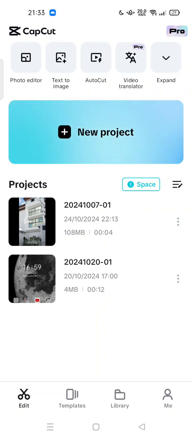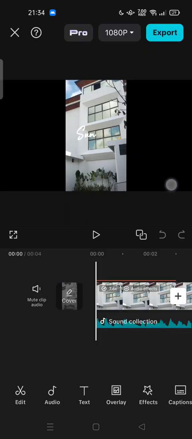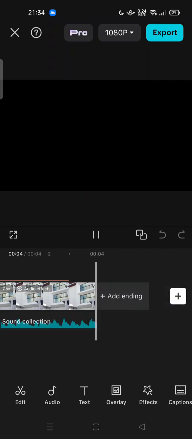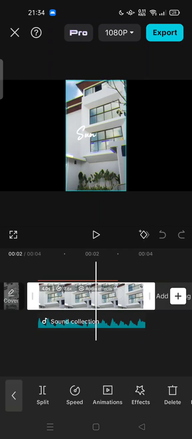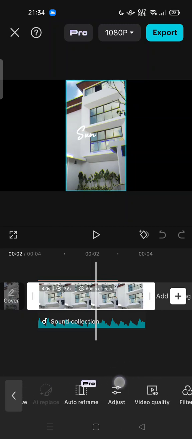There are a PC version and a mobile version. So this is the mobile version. And to remove background noise, you can tap new project or start your previous project. Here, as you can see, this is my previous project where I removed background noise. You can tap on your video or project first, and here you can slide the taskbar